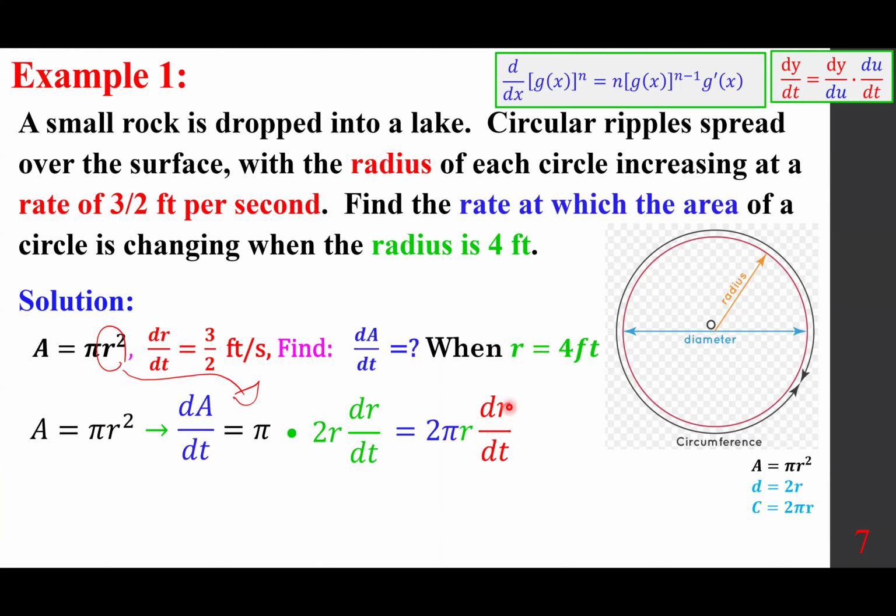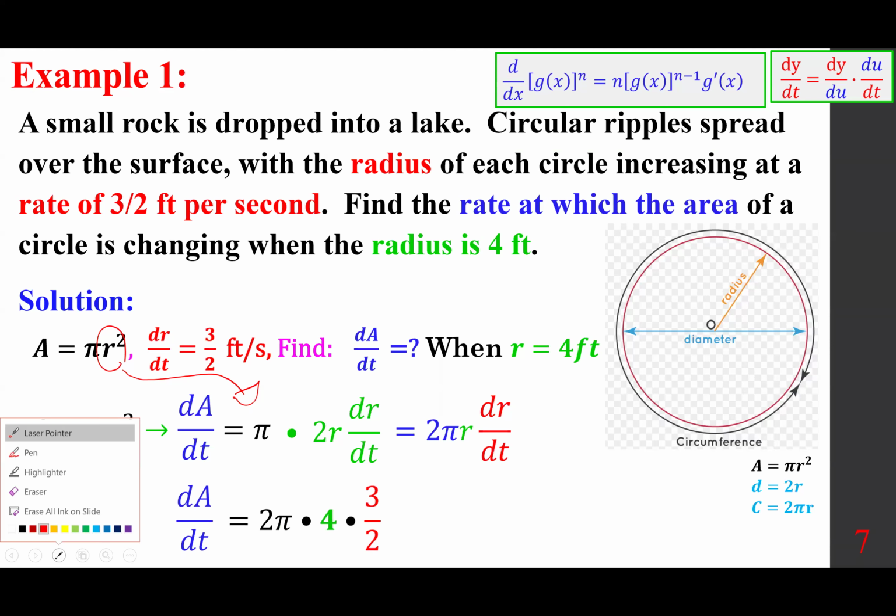Replace the r with 4, dr/dt with 3/2. Remember, this means 4 feet. This means 3/2 feet per second. Whatever we do to numbers, we do to units, so we get the proper unit back. And of course, we get 12 pi units of the area over the units of time, 12 pi square feet per second,